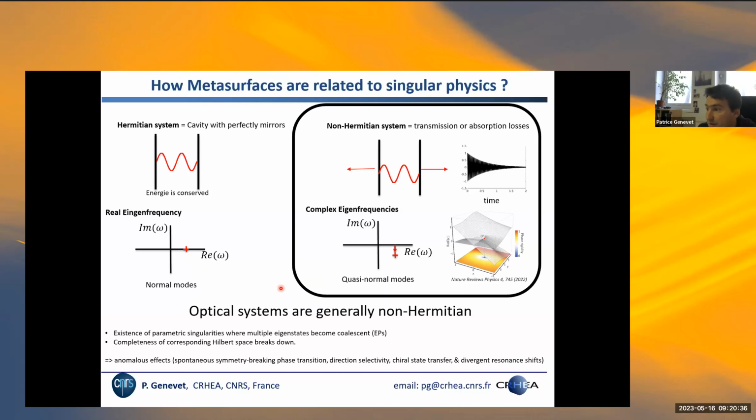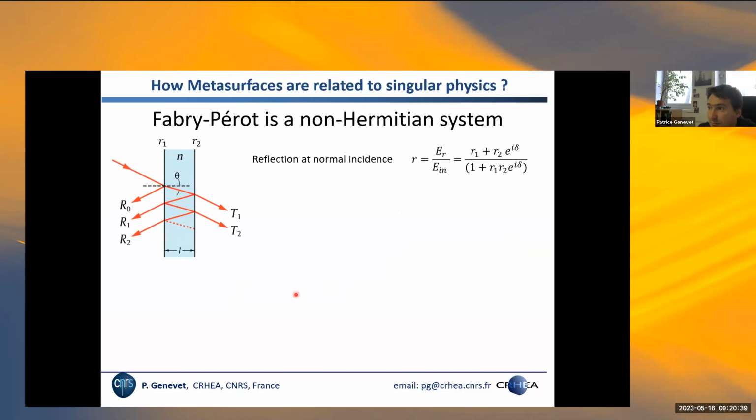But to understand a little bit more in detail what I'm talking about, what I'm doing here, I'm taking one of the most simple nanophotonic systems that you can imagine, which is a Fabry-Perot. And what we are going to do here, we are going to send light into a Fabry-Perot, which is a slab of material between two mirrors here that are represented with reflection coefficients R1 and R2. And we shine light into this device, and we look at the reflection coefficient, for example. It comes from the interference between the first reflected light and the secondary waves that are interacting with the actual resonant modes of this Fabry-Perot, right?